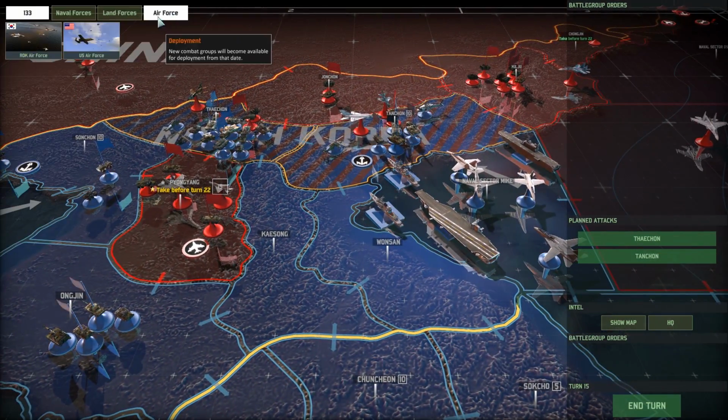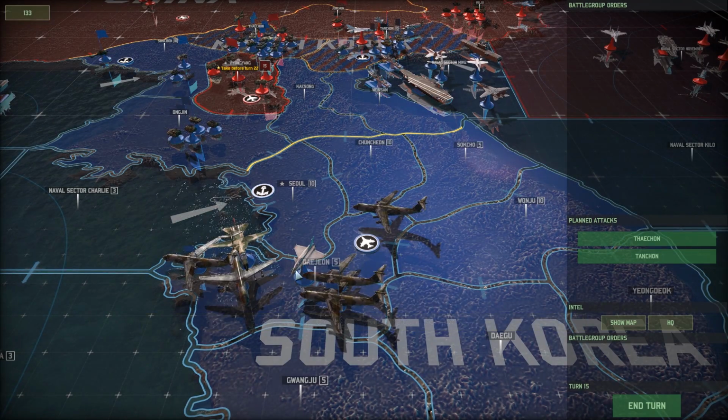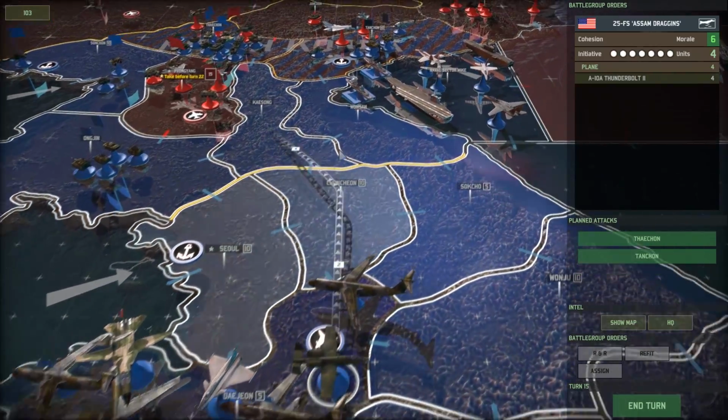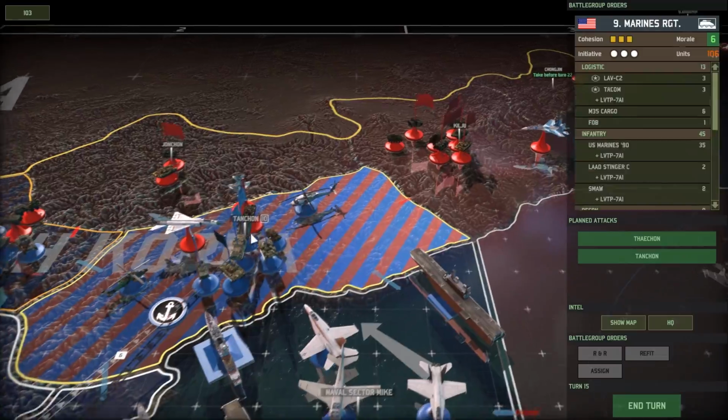Let's make any other purchases that we can. U.S. Air Force, there we go. We got our Dragons now. And we got ourselves A-10s online. Fantastic. Those paratroopers are going to come in handy. Next, let's see. We're going to call out...